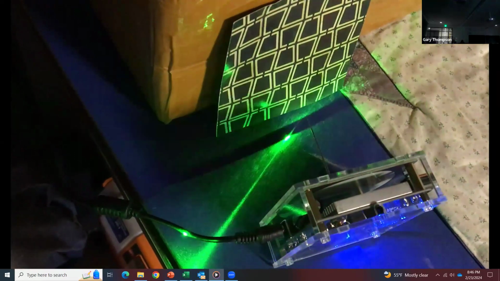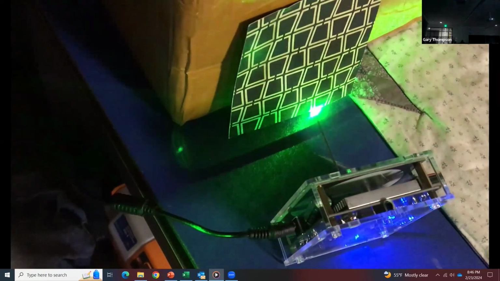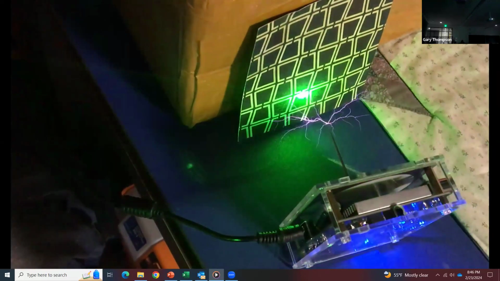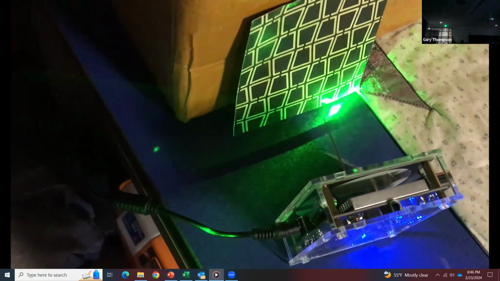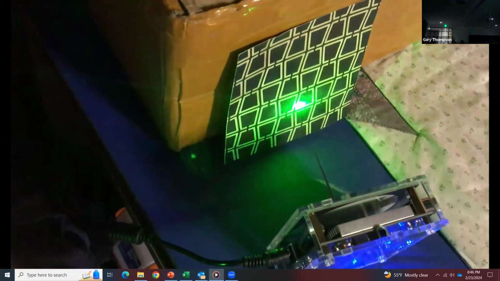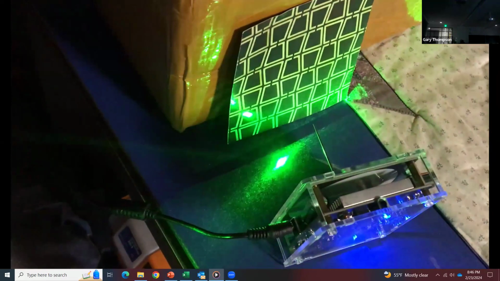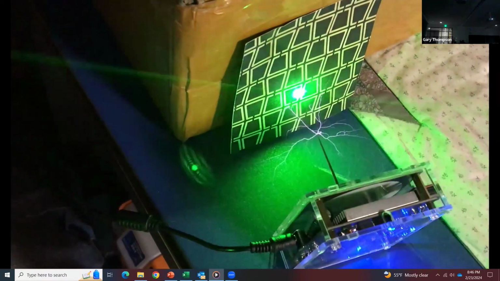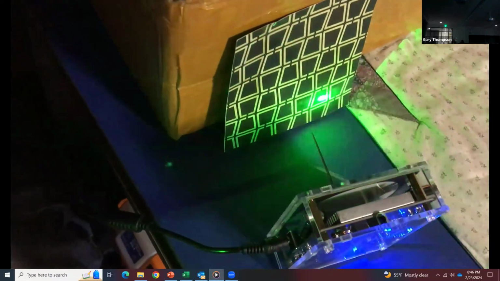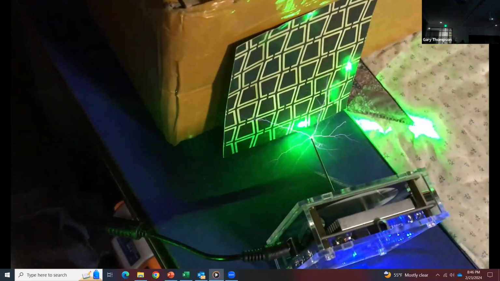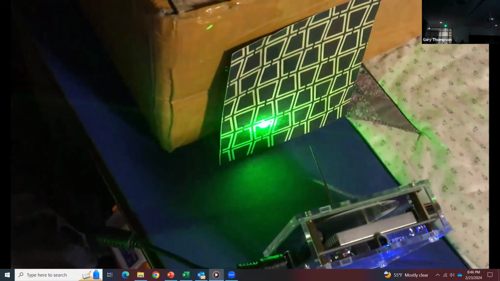Like the laser beam will serve as the kind of propulsion guide to the plasma lightning EMP coming out of the Tesla coil right here. And it looks like it is able to kind of guide it to get it closer. I notice the noise changing too, the Tesla coil guiding it along the laser beam here. See if it's able to do that. And there's the deflection. It's actually deflecting it a little bit.